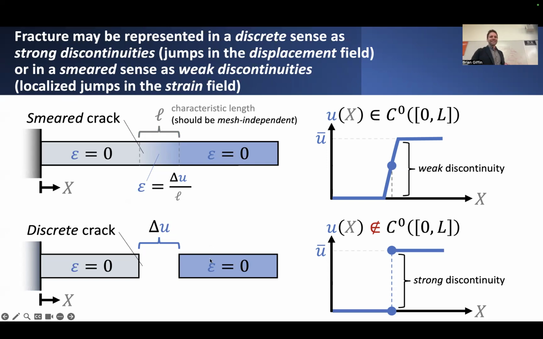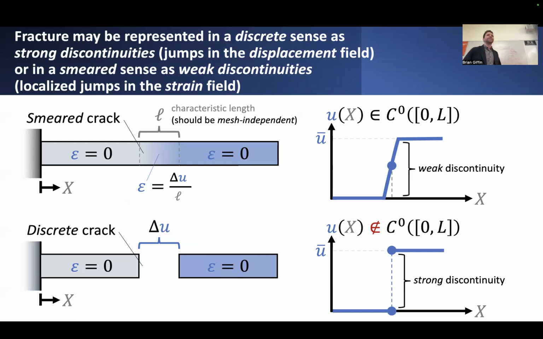What I'll notice is that if I were properly representing this fractured interface as a so-called strong discontinuity, or a discontinuity in the displacement field, then I would notice in both halves of this bar, after I've broken it apart, that the strain internal to both halves is just equal to 0. And the strain actually at the discontinuity is just undefined. We don't really know what it is. We just have this discrete jump in the displacement field, so we can't take the derivative of a discontinuous function